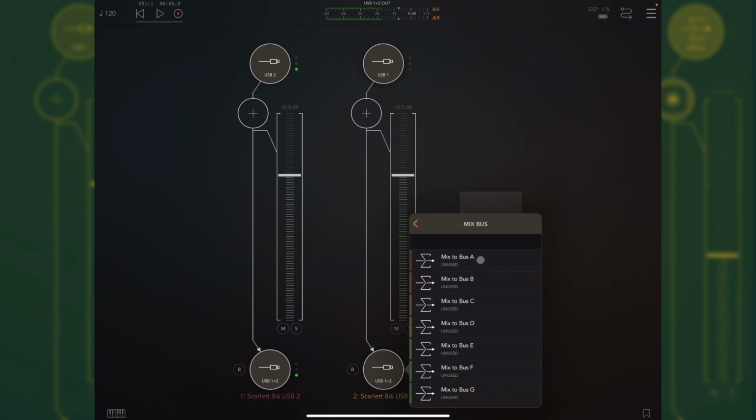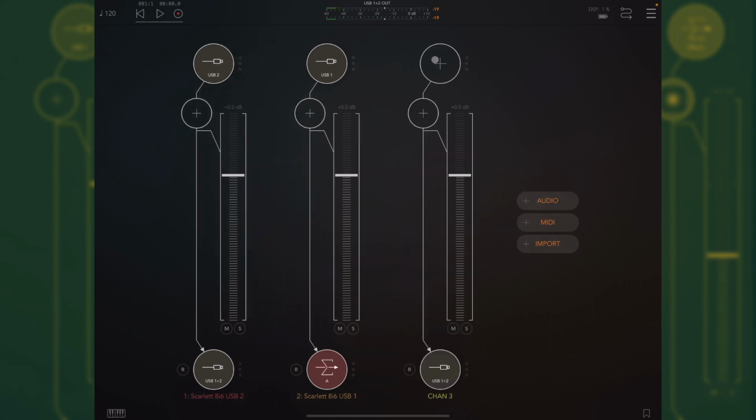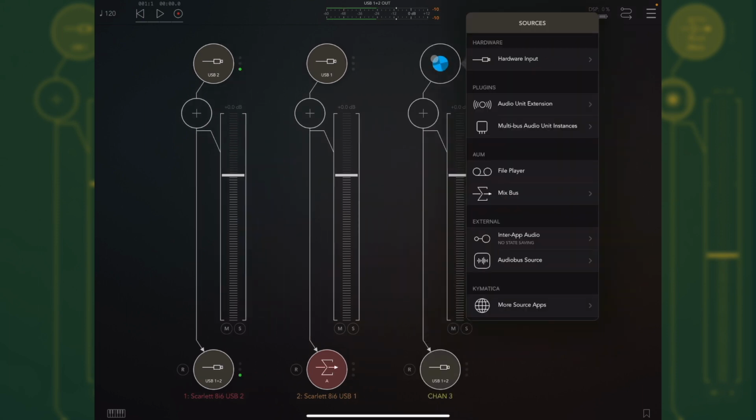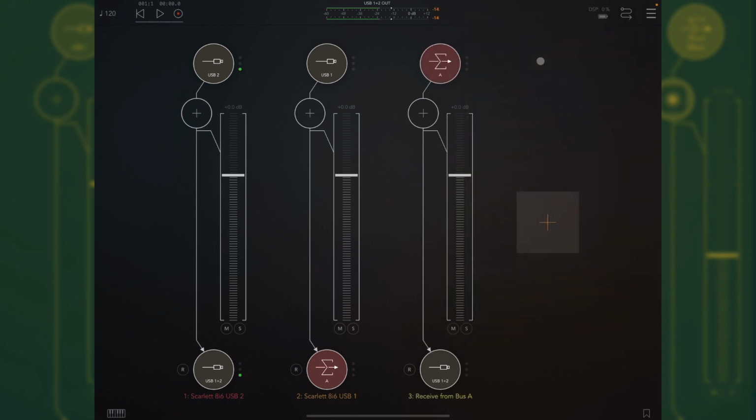And let's say we want to send my MicroFreak to mix bus A. And then I'm going to create a new audio channel. And for the input, instead of the hardware input, I'm going to go down to my mix bus, and I'm going to say this is going to be mix bus A. So now you'll notice that my MicroFreak audio,